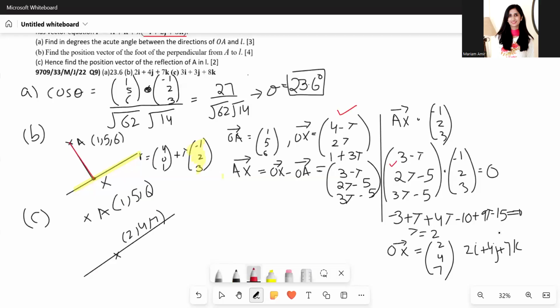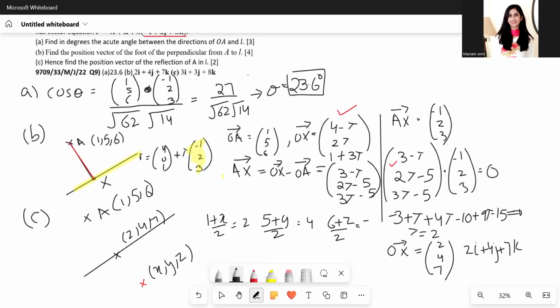And we have to find the reflection of A on this line. Let's call that (x, y, z). So we're going to use the midpoint formula, which is (1 plus x) over 2 equals 2, (5 plus y) over 2 equals 4, and (6 plus z)